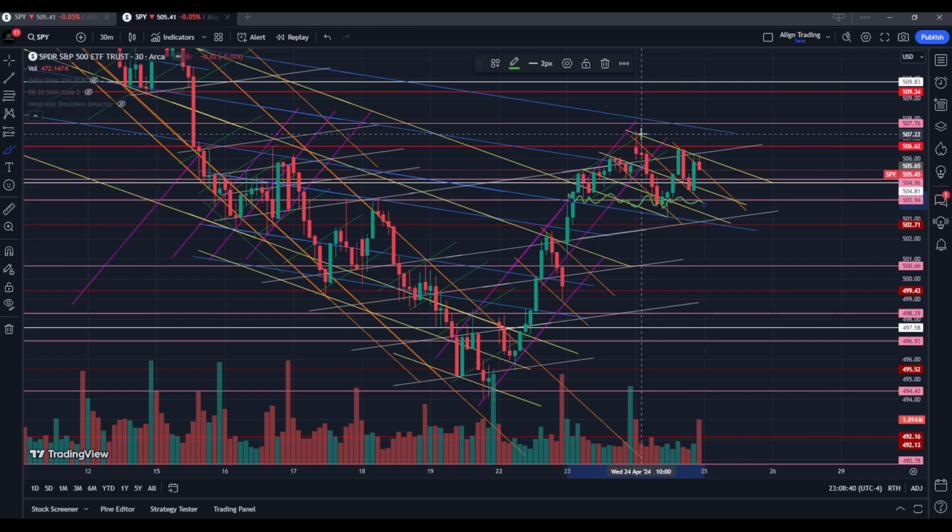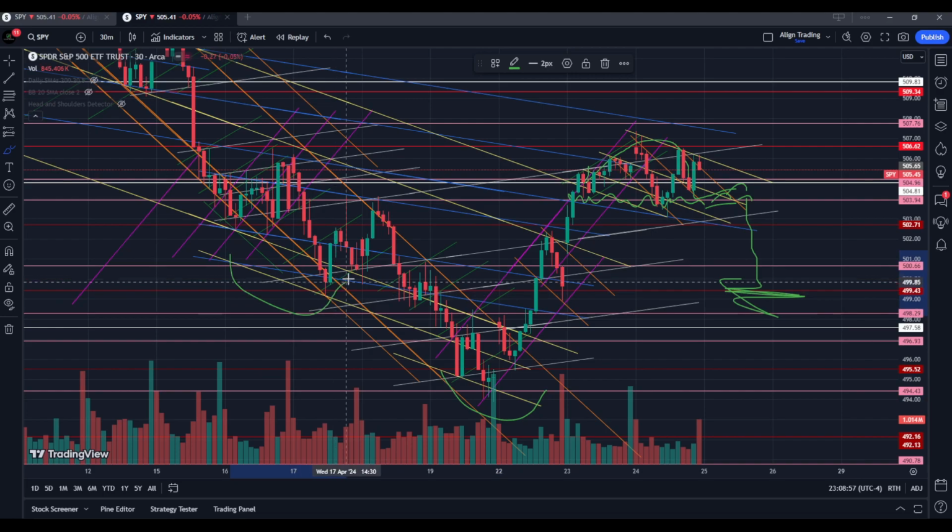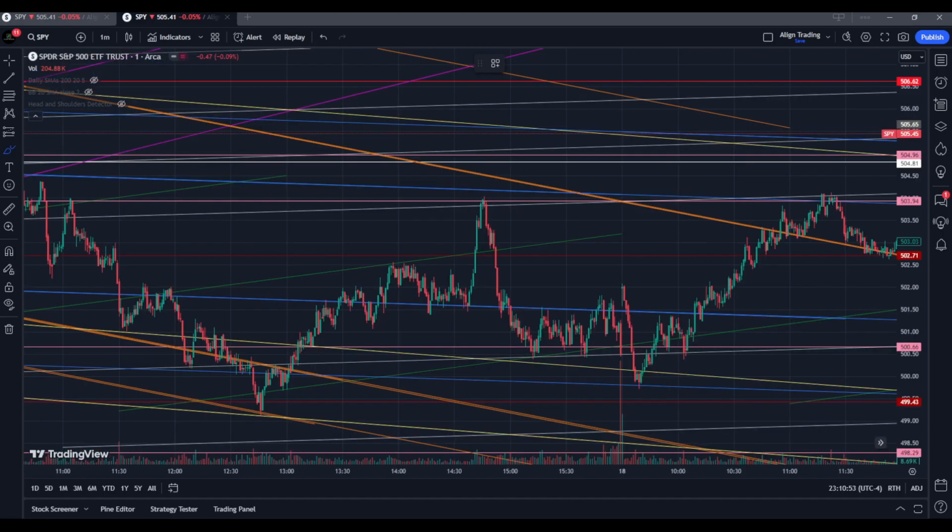So what I will look for is if we start to close that right there with maybe a handle, and then we get this breakdown and move down for liquidity to sweep to this level right here, forming the perfect symmetrical inverse head and shoulder before we go back up. Going back to the 1 minute chart now to look at another example,